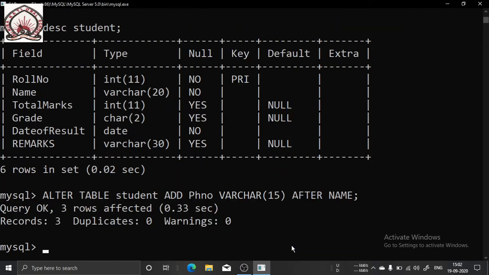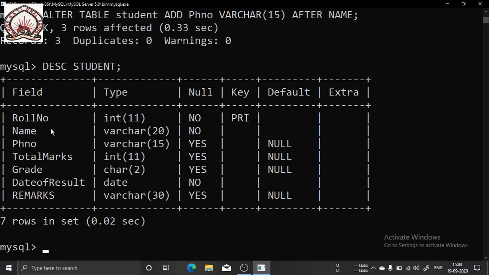So what will happen? That column has been inserted after name. If you give DESC student, you can see that the phone number got inserted after the name.